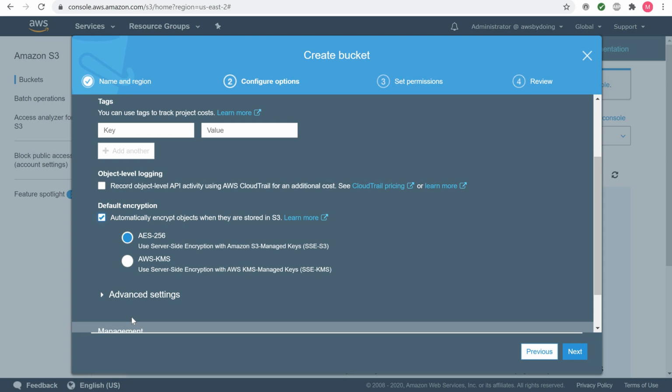Amazon S3 default encryption provides a way to set the default encryption behavior for an S3 bucket. You can set default encryption on a bucket so that all new objects are encrypted when they are stored in the bucket. The objects are encrypted using server-side encryption with either Amazon S3 managed keys, that is